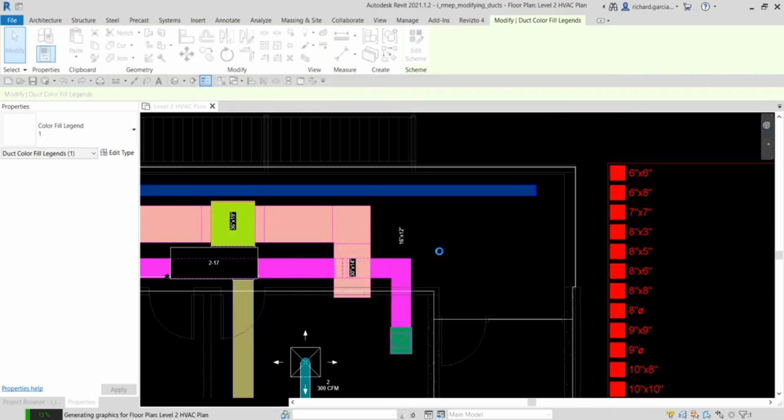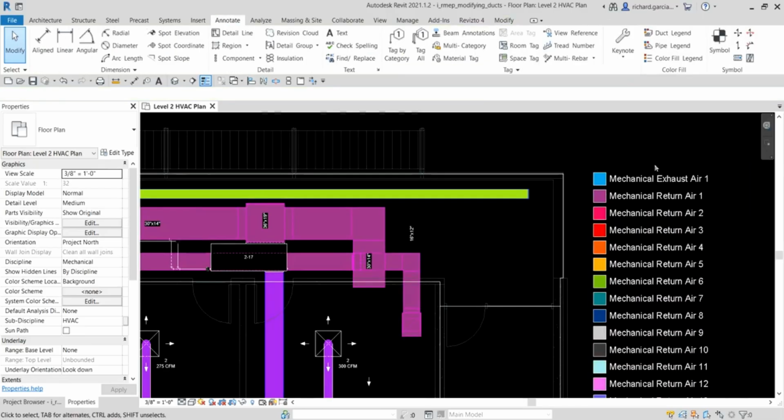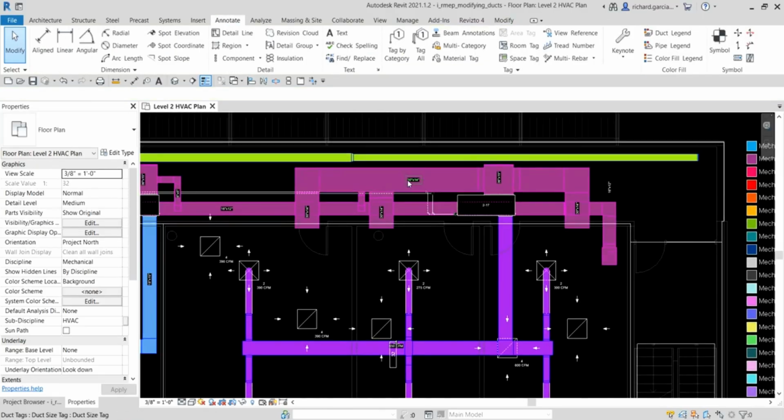Let's just wait. It's loading. Okay, there you go. So it's now based on the name of the system. So we're going to make this ductwork here. We're going to connect that to our air terminals. All right. Now after generating our color scheme legend for the duct, I'm going to create